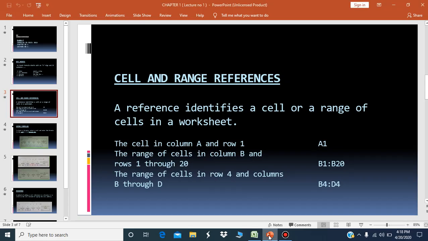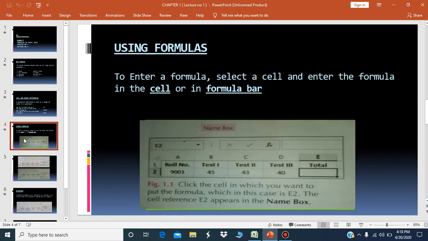We can say that this cell reference identifies the address of the cell, and we can easily identify the values of the cells or range of cells in the worksheet. Using formulas, that is how we can use formulas in an Excel worksheet. To enter a formula, select a cell and enter the formula in the cell or in the formula bar.